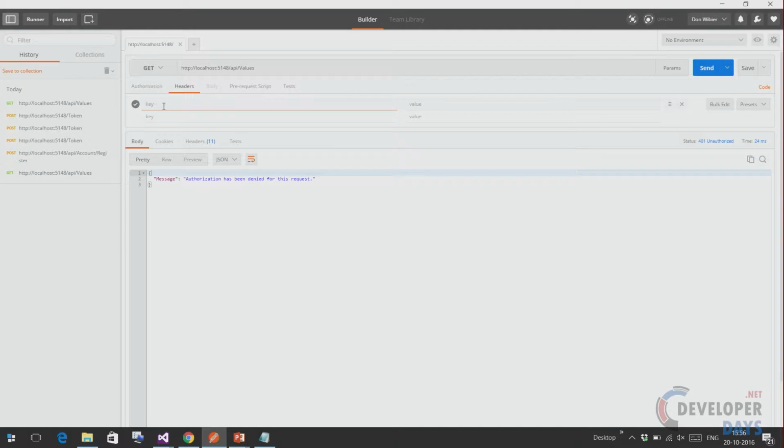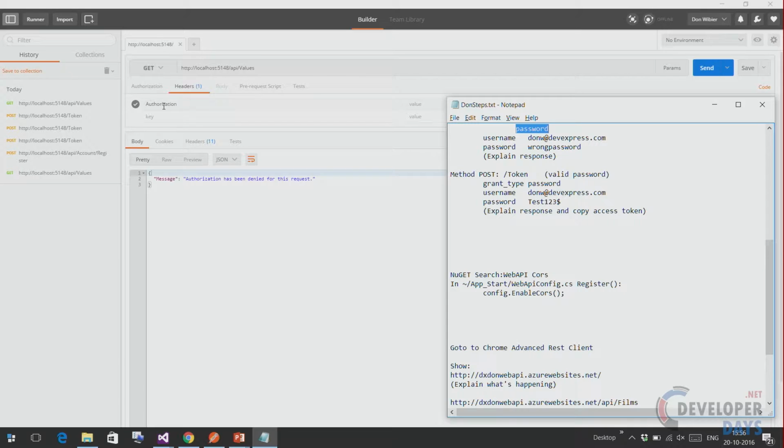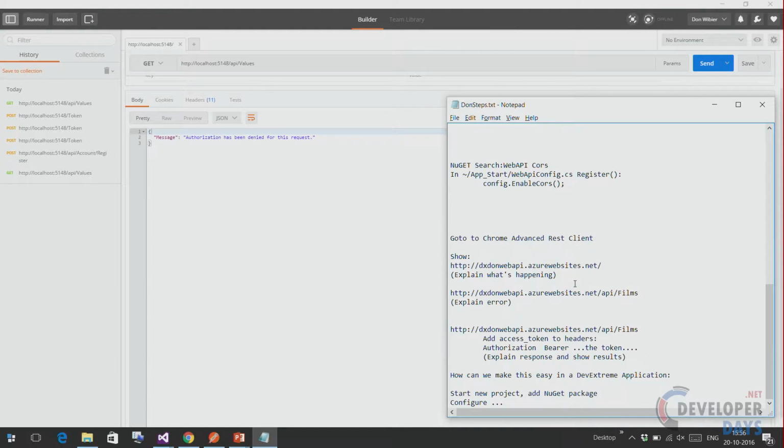So here we are again. I am now gonna add an extra header before we are going to send over this information. And what I need to put there is basically,